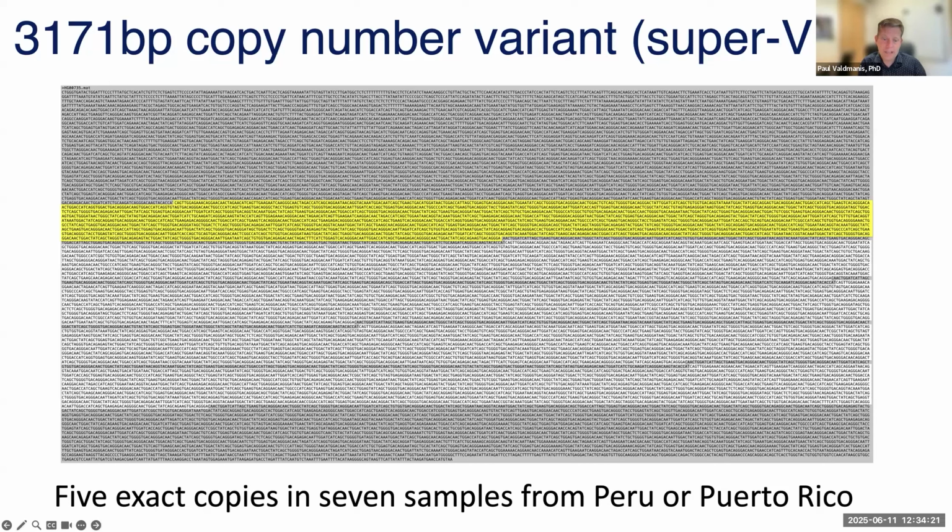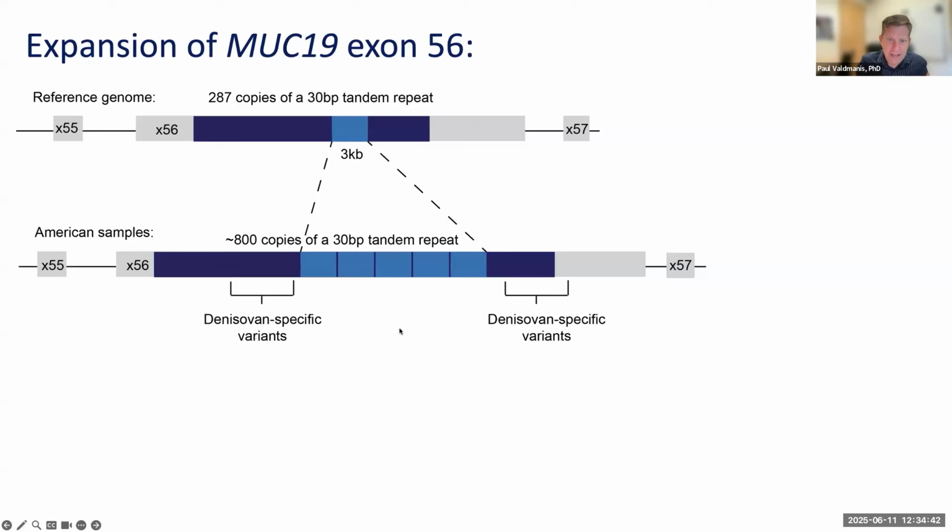This is a 30 base pair repeat motif in the coding exon, however, there are actually 3 copies of this repeat motif that are 27 base pairs instead of 30, and that's why it is still divisible by 3. It still preserves the reading frame of this exon, but there's not a zero at the end. This is a schematic of this massive repeat expansion that we're seeing in exon 56